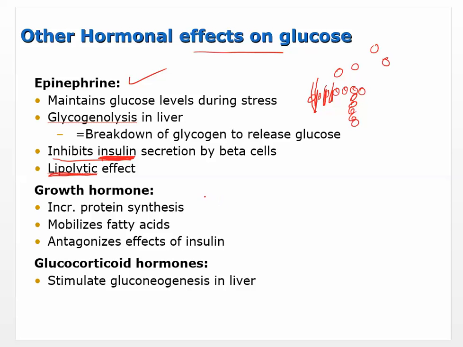Okay. Growth hormone also has this effect, increase in protein synthesis. Well, we're talking about growth, so that makes sense that you're going to have more proteins being made. Mobilization of fatty acids. Well, if you're growing, that means your cells are getting larger, which means that you're going to need more phospholipids, so you're going to need more fatty acids for that. And it also antagonizes the effect of insulin. So it kind of shuts down the insulin and says, nope, we're going through a growth phase right now. We're going to need that glucose. So insulin, you can just take a back seat for a little while.